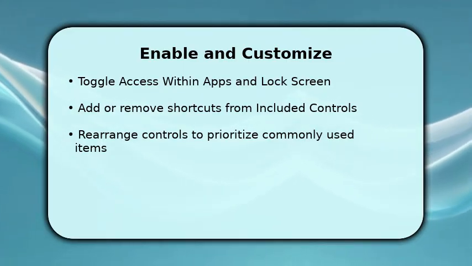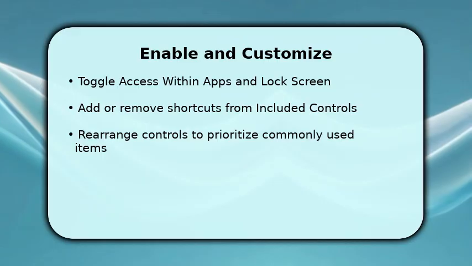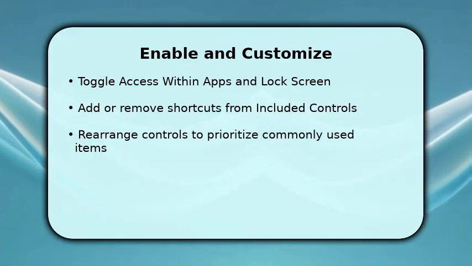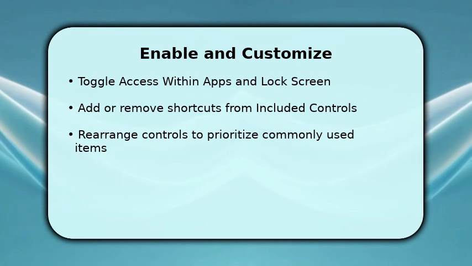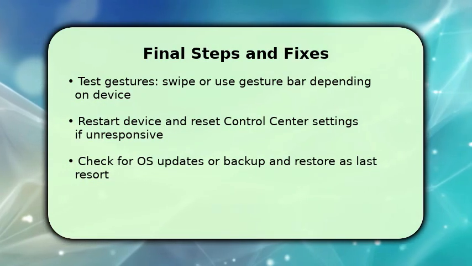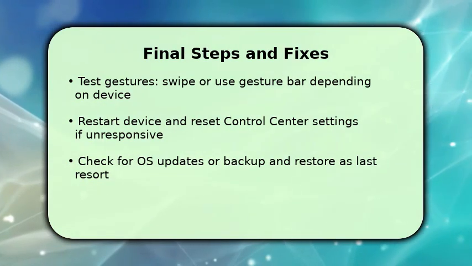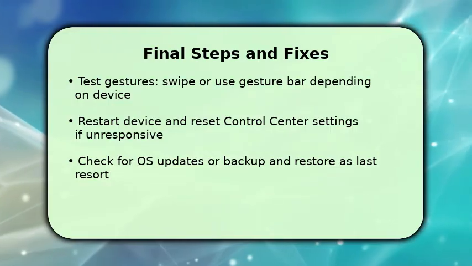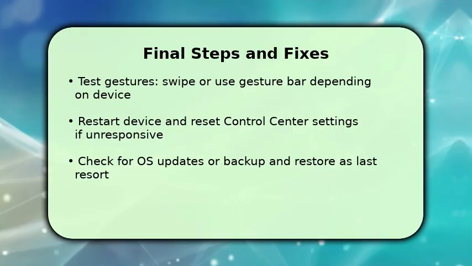If gestures conflict with an app, make a note to test that app next. Adjusting order often resolves overlap issues. You finish by testing the actual gesture. Swipe down from the top right or swipe up from the bottom depending on your device, and confirm each control